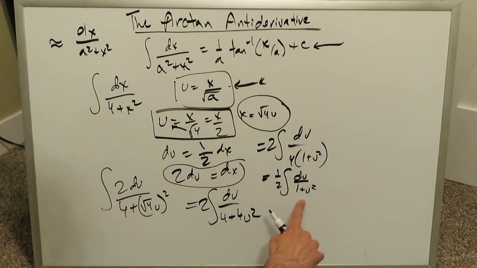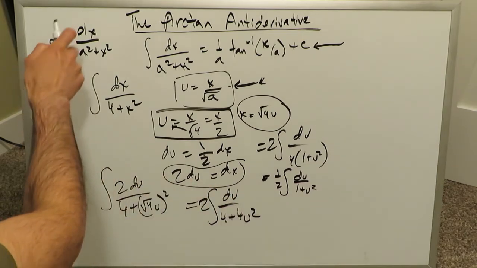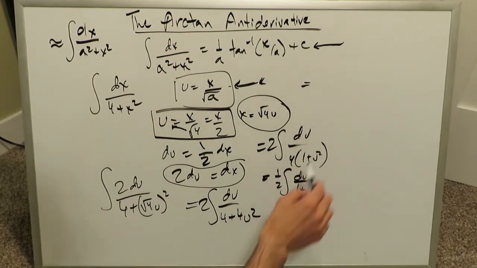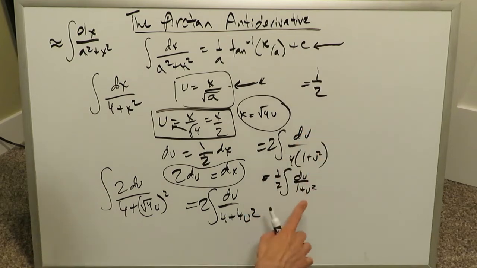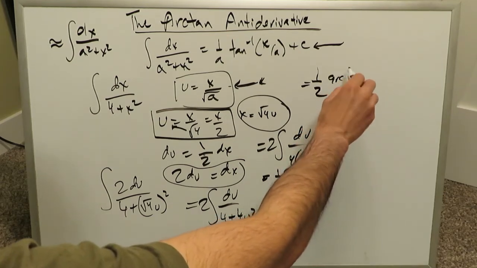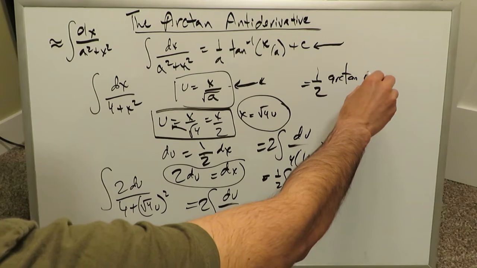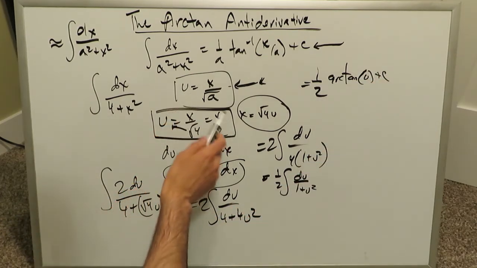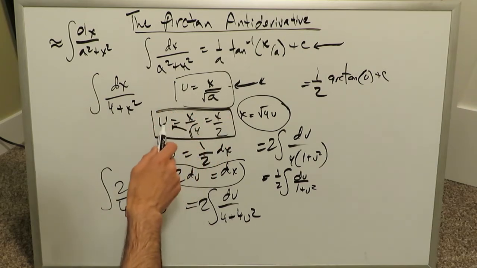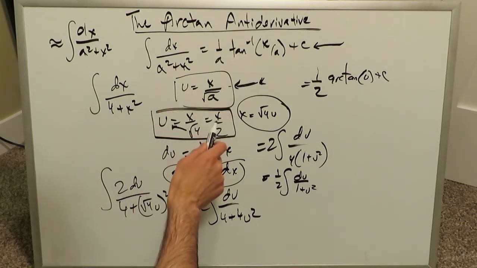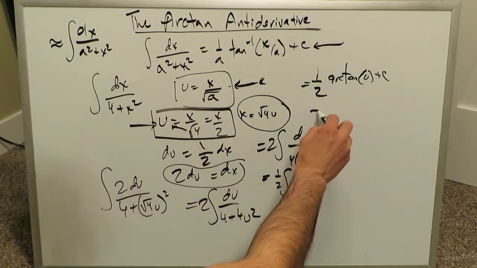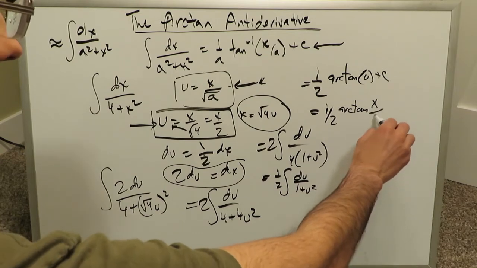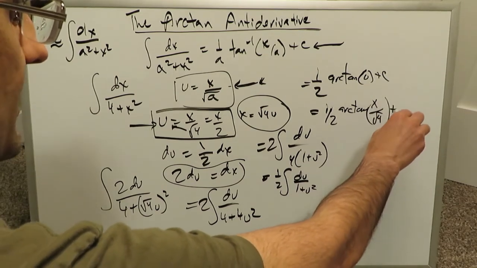Now we've easily converted this into something which looks like this, in terms of integral, the antiderivative of this is arctan. Your answer over here is going to be 1 over 2. Anything which looks like this will be arctan, or inverse tan, arctan u plus c. But what was u? You have to now come back right over here to this form. u is equal to x over 2. So you present your final answer as 1 over 2 arctan x over root 4 plus c,